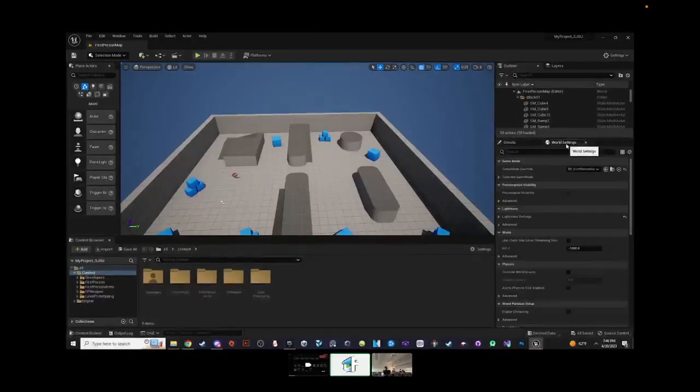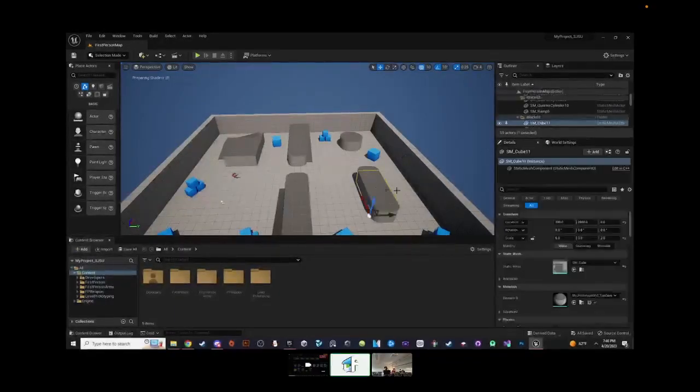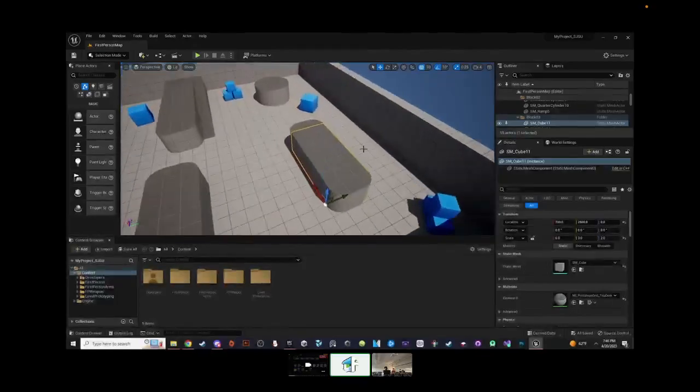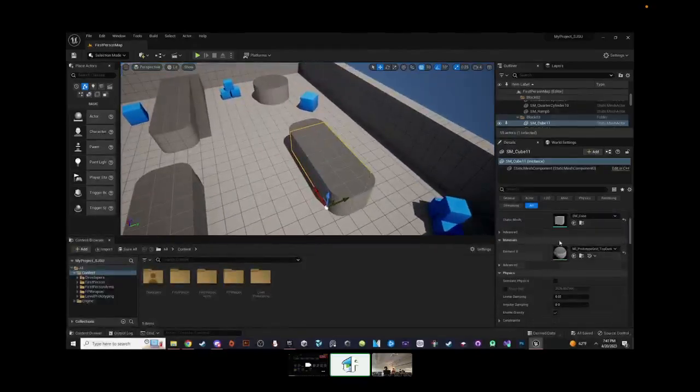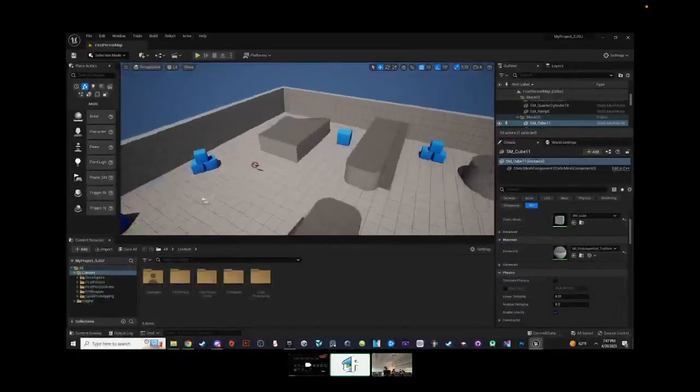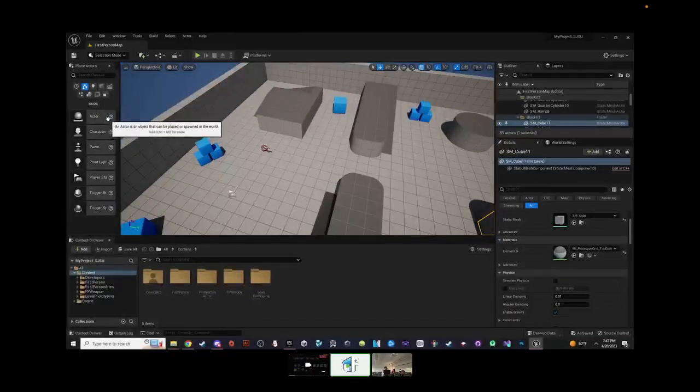if you're experienced with Unity, this essentially will serve as your inspector, but it still operates in its own way. If you want a frame of reference, that's essentially what this side is going to be, and hopefully I'll go more into it a bit. So then you have world settings and game mode details. If I select this cube, you get location, scale, rotation, all the bobs and bips of that. And you even have actors as well, like actor, character, pawn and such.